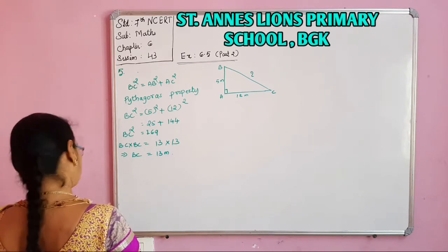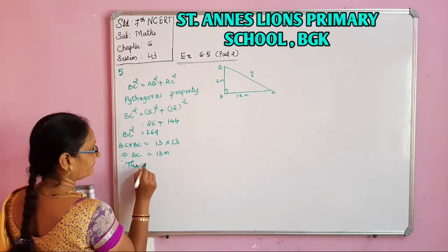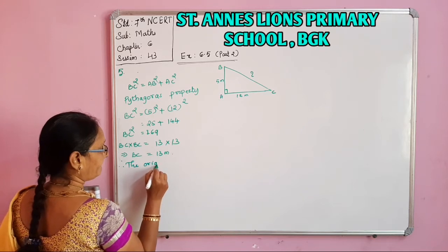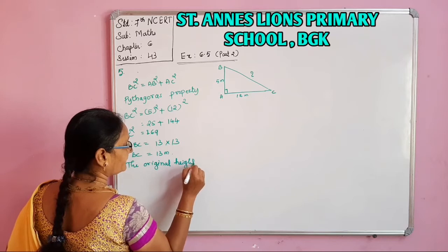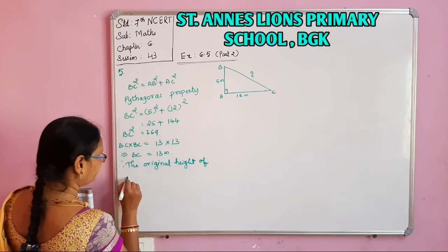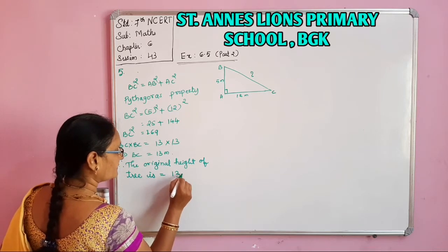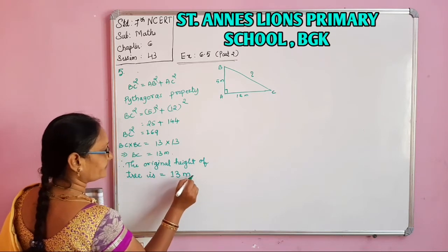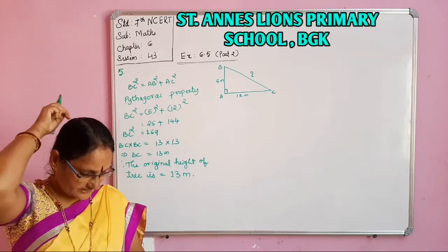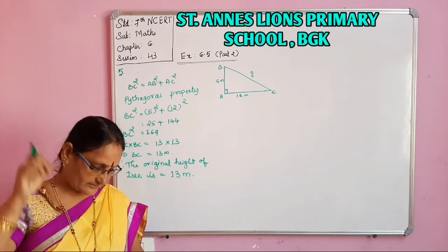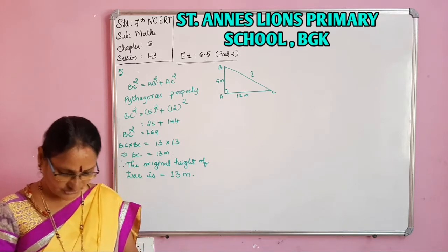So the original height of the tree is equal to 13 meter. Okay, I hope you understood this. Then the next one, the sixth one, is also the same, that means finding this one. Angles Q and R of triangle PQR are